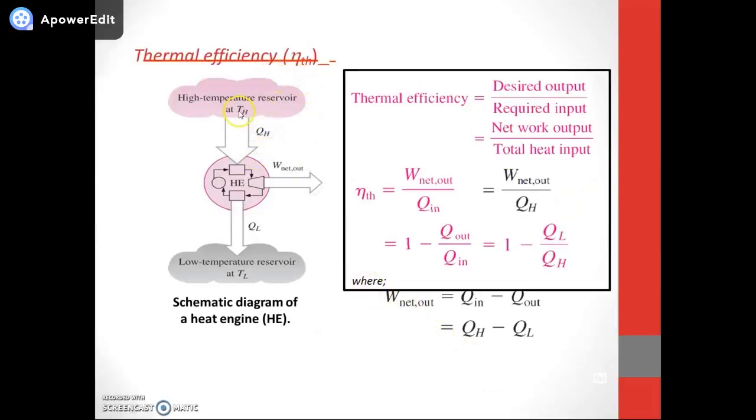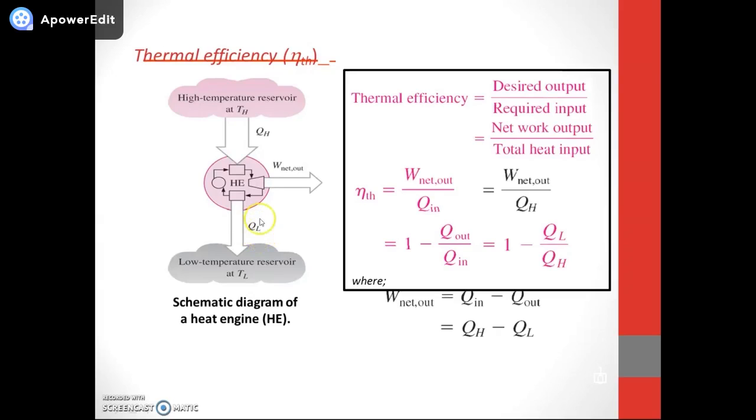Okay, thermal efficiency. So this is the cycle of the heat engine. Just now, you are receiving heat at higher temperature, producing work, and rejecting waste to the lower temperature reservoir at TL. So this is Q out. You are losing Q out and